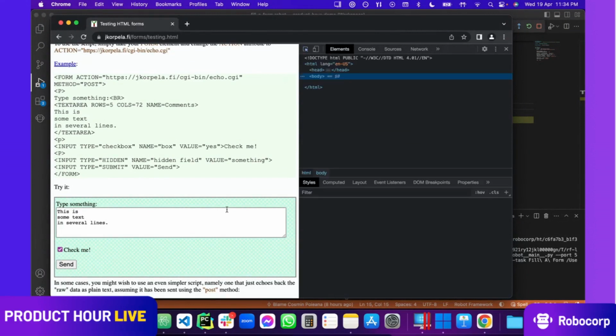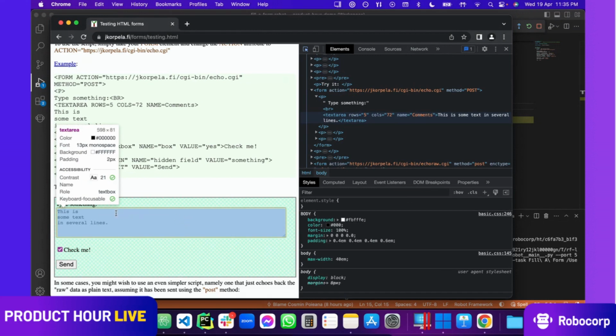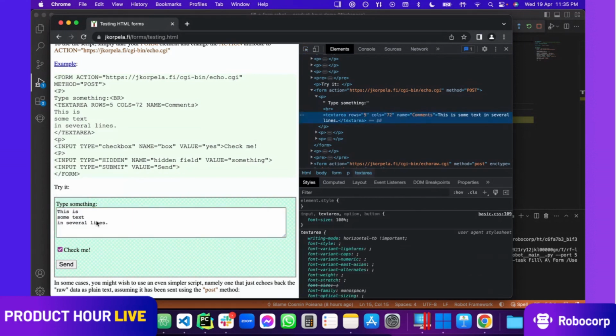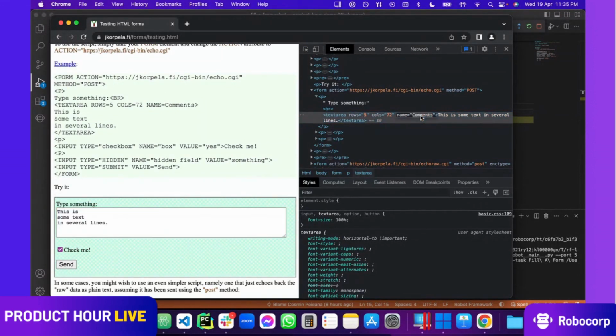This helps me inspect the elements here in the page, and also target them. Like, I'm interested in this text area. Let's say I want to automate this or insert something inside. Once I click that, I can see here on the right side that there is a text area. That's not too useful for me right now, but I see a name comments. So I'm not sure if this locator actually works. I saw some of you were asking for locators. So let's see if that really works.